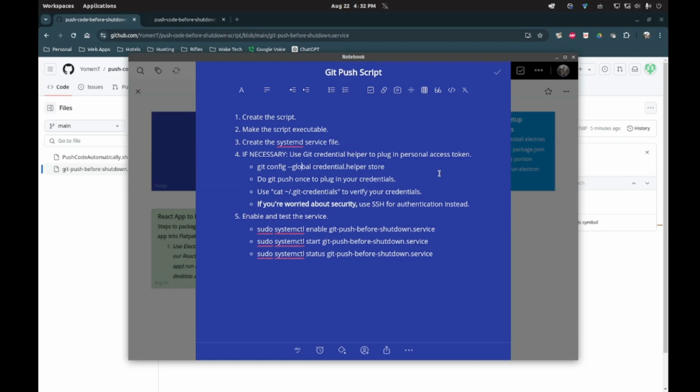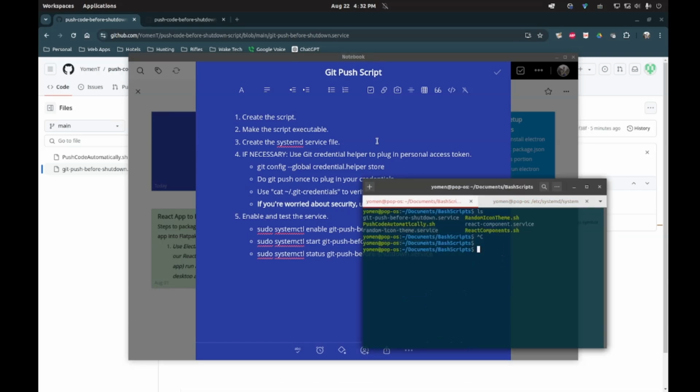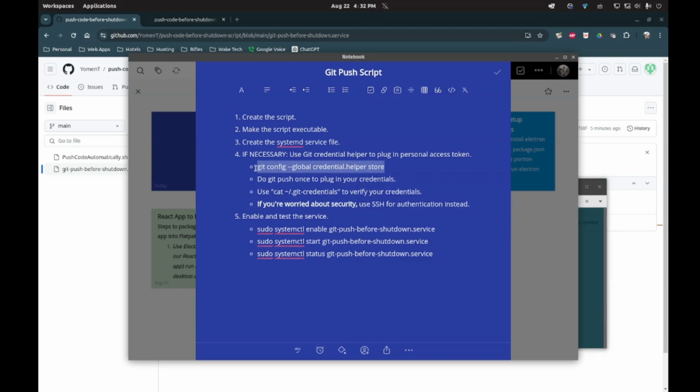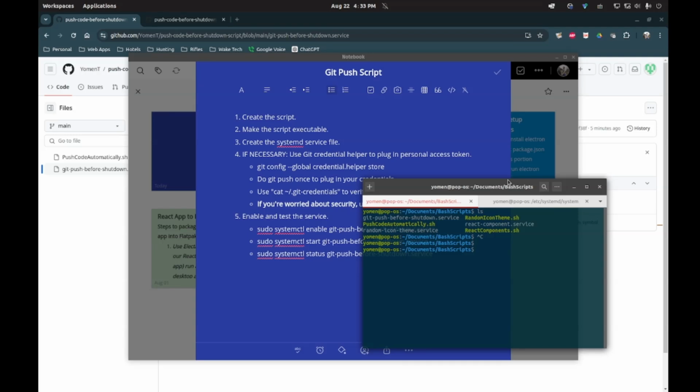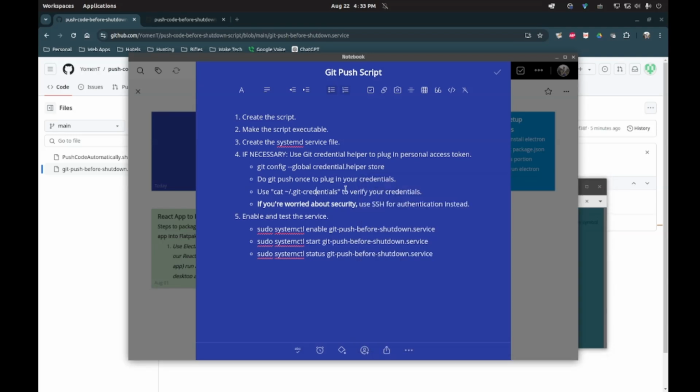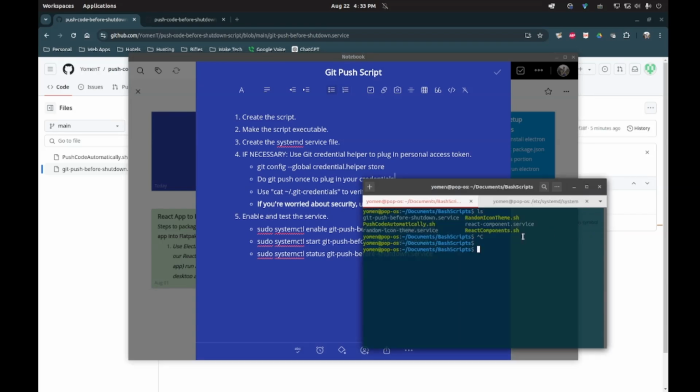So if you do use a personal access token, it's very easy. I already did this, but you want to run this command as is. You can copy and paste this command. Basically, next time you run git push and it prompts you for your username and password, which is your personal access token, put those in. I'm just talking outside of your script, in your local repo. If you just do git push,